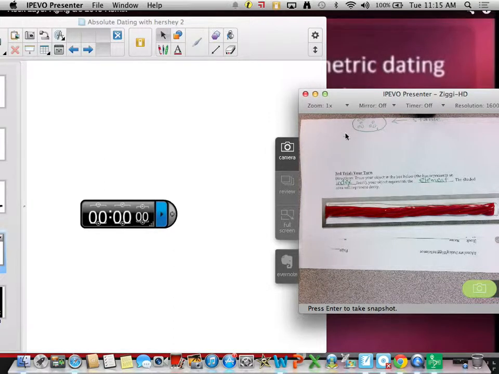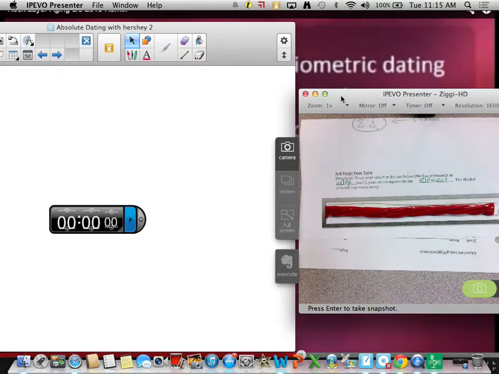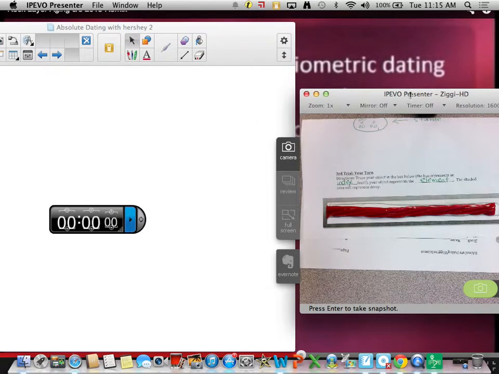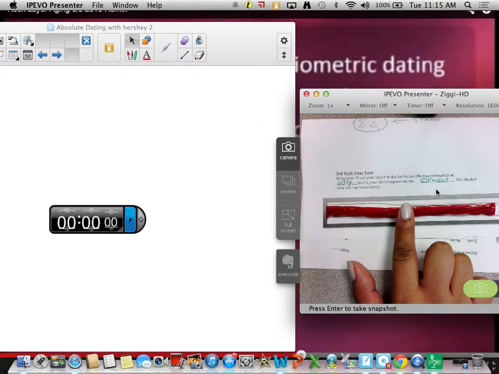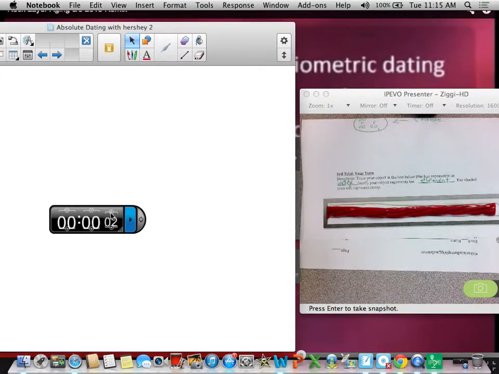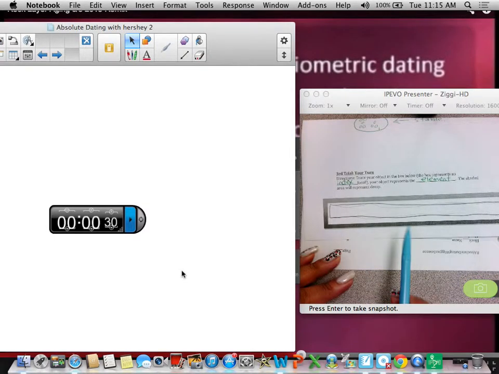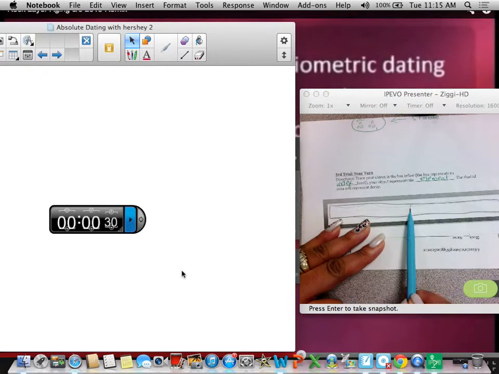All right, I'm ready to start. Okay, so now we have our element inside of our index fossil. Our element is going to have a half-life of 30 seconds. So in 30 seconds, how much of this element is going to go away? Half. So draw a line signifying half,